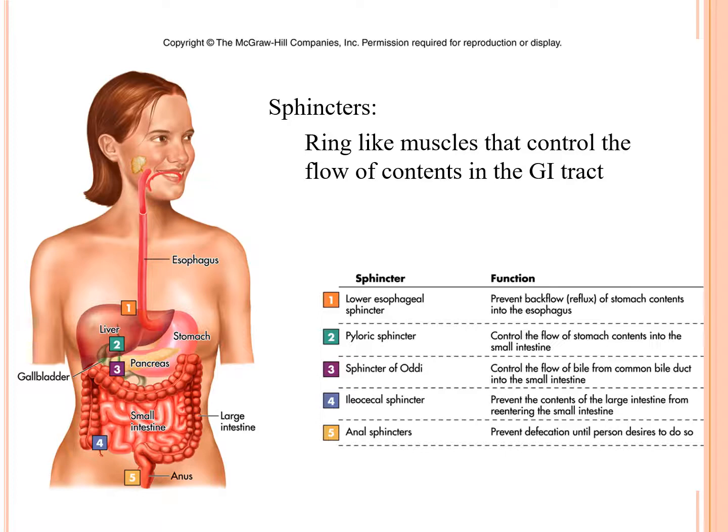The ileocecal sphincter is between the ileum, the end of the small intestine, and the cecum, the beginning of the colon or large intestine. And then there are two sphincters in the area of the anus. So keep in mind that these are muscles, and for the most part, they are regulated by nerves. They also have some regulation by hormone, but again, every muscle must get a stimulus from a nerve in order